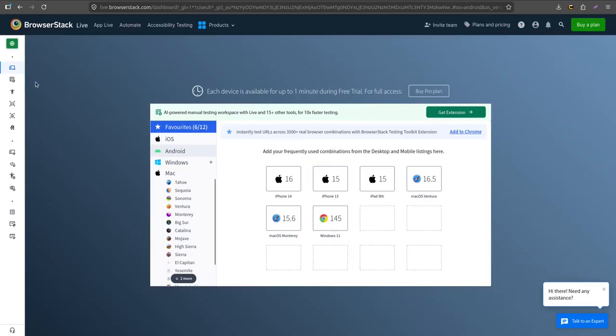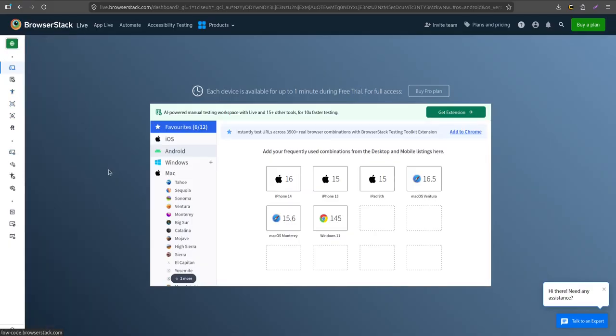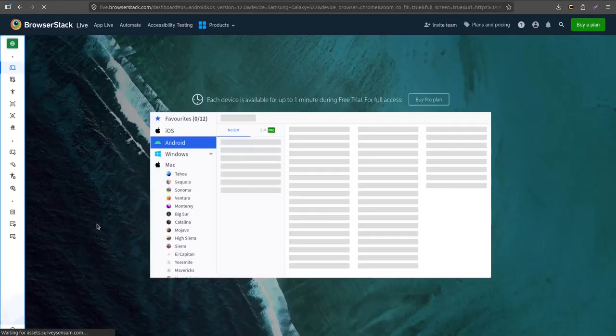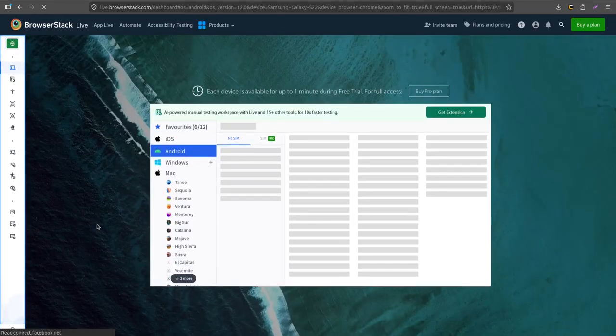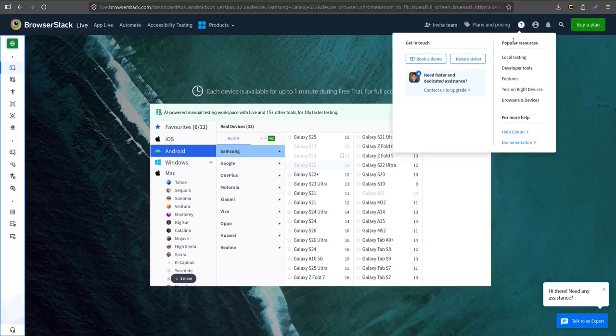Okay, so there are different functionalities that you can use, like the testing toolkit, accessibility testing, website scanner and all. And if we talk about the free features that we can use before we start the testing, I'll show you the offerings that can be accessed for free. So I'll go to the profile,